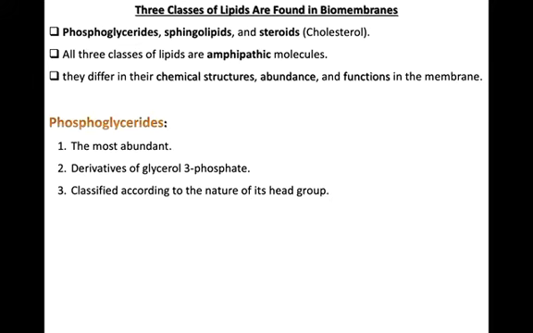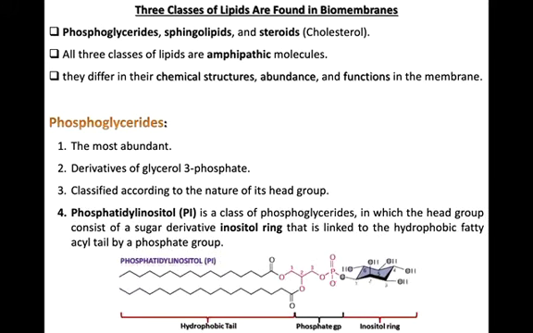So what about the phosphoglyceride? Actually, it is the most abundant type of lipid in the biomembrane, and it is a derivative of glycerol 3-phosphate and is classified according to the nature of its head. If you remember, the nature of its polar part, the part of the molecule which is facing the exterior in the biomembrane. So you can see here